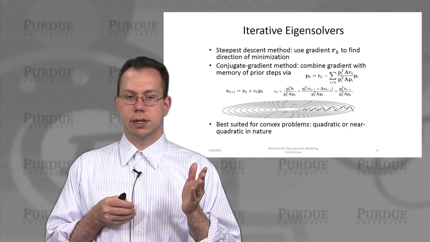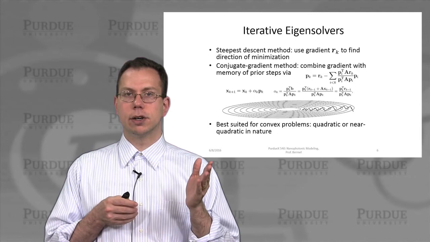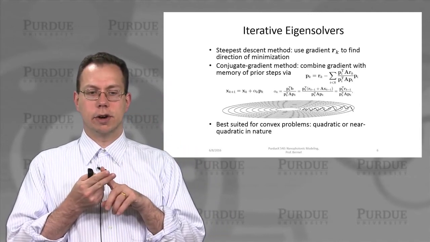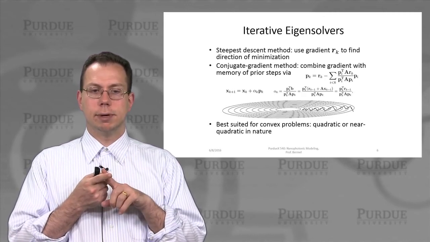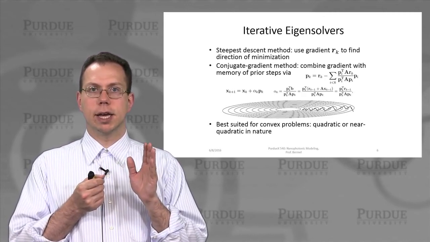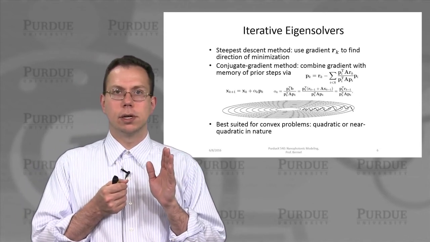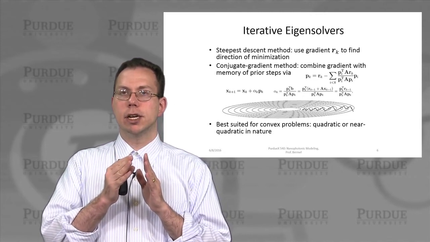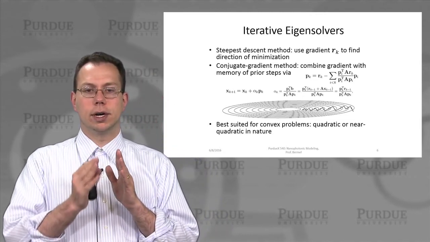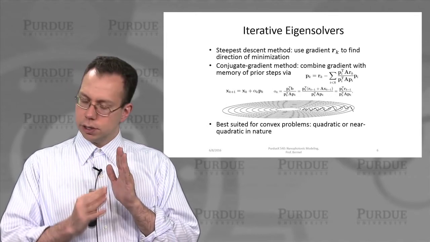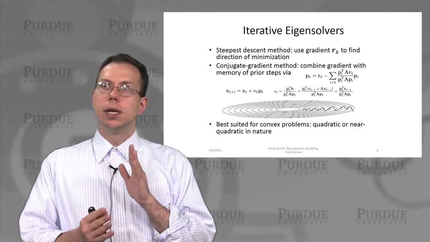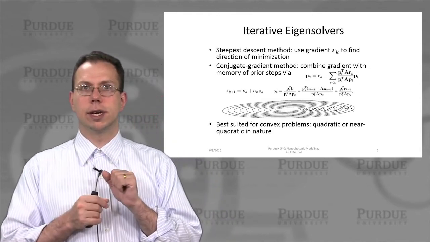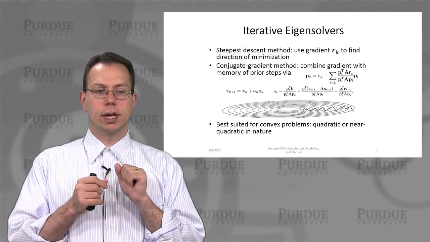Now, the second method that I mentioned is an iterative eigensolver with either steepest descent or the conjugate gradient method. In the steepest descent method, you can think of it like climbing up a hill. If you are climbing up a hill, you have the advantage that not only do you know your position, but you can also look at the gradient, or the slope of the ground below you. If you want to get to the top of the hill, it makes sense to go in the direction that has the steepest slope until you get all the way to the top. That's what it amounts to.